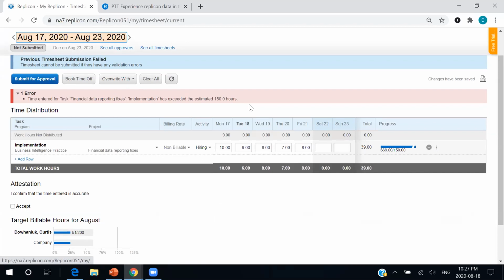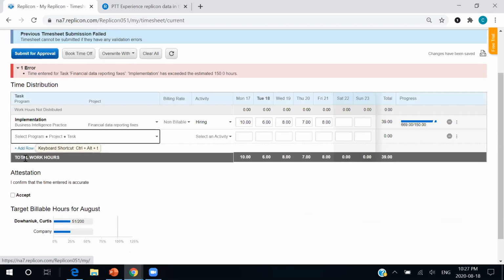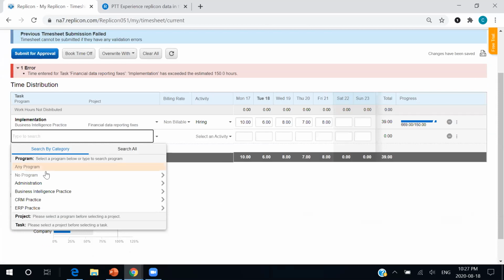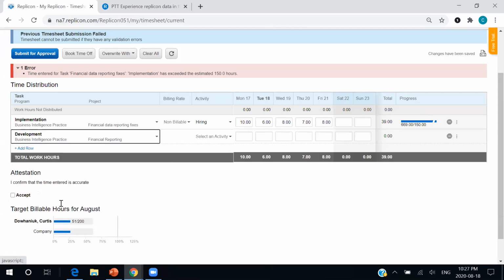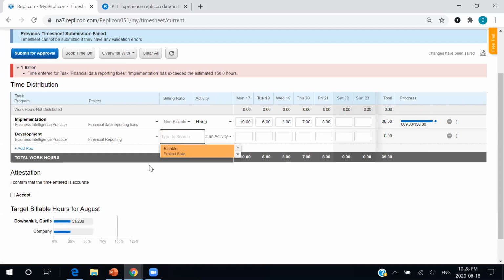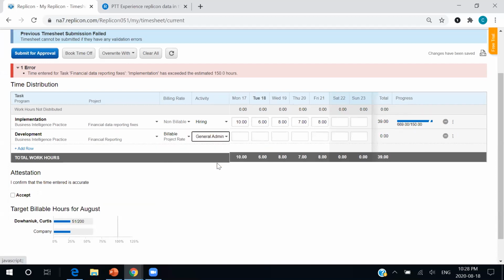So here, what you will see is a little bit more of a project-oriented timesheet. So here we are logging our time towards specific programs, projects, tasks, and if applicable, we'll be able to select through different billing rates and activities. And once we're ready to go, we can start logging our time. And as we log our time, there will be different reverberations just on this page. So up here, we can see we have an estimate associated with this task. And as I log that, my estimate bar will grow.